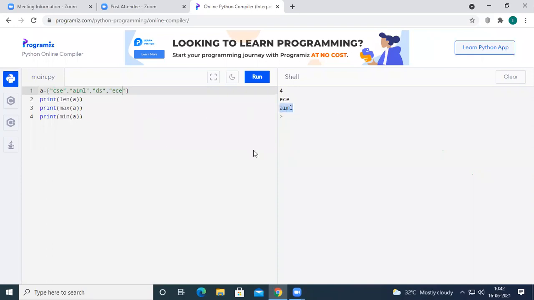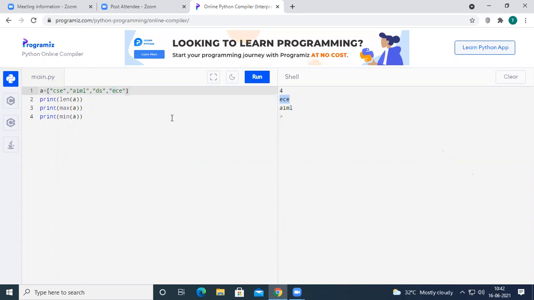And when we consider CSC or DS or ECE, E will be the 5th character in A, B, C, D, E, so E will be the maximum value. Even though it is a string, the first character will be considered. So this is how the minimum and maximum values will be printed on the output screen.